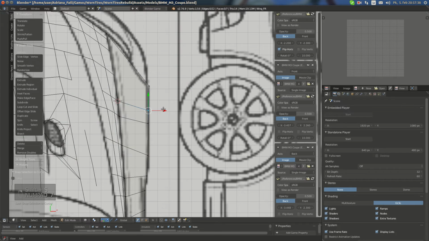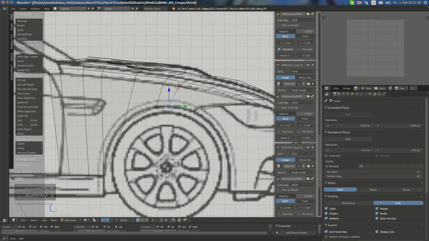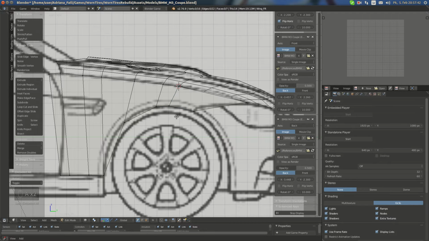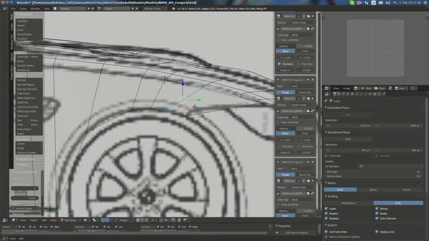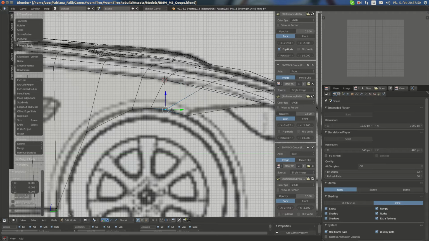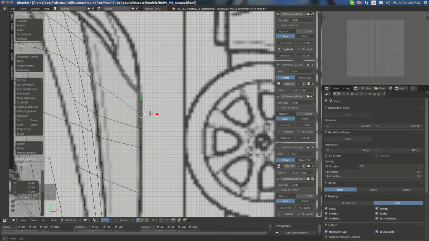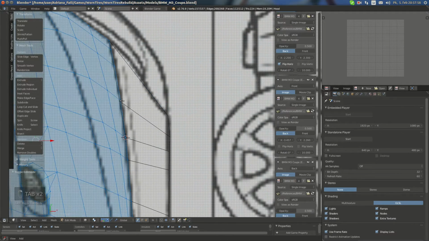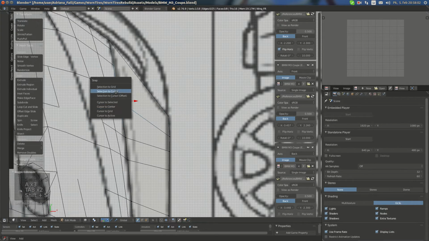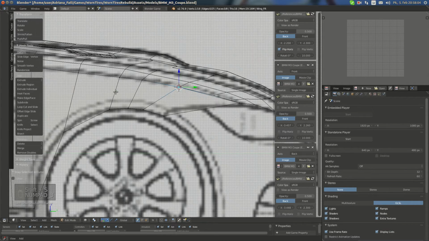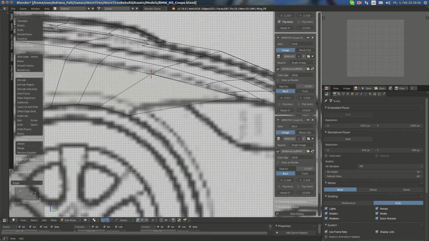Right. Currently it's working out well so far. And I place a loop cut here. Make this vertex look more curvy. This one should actually be a bit inward. Right, and for here